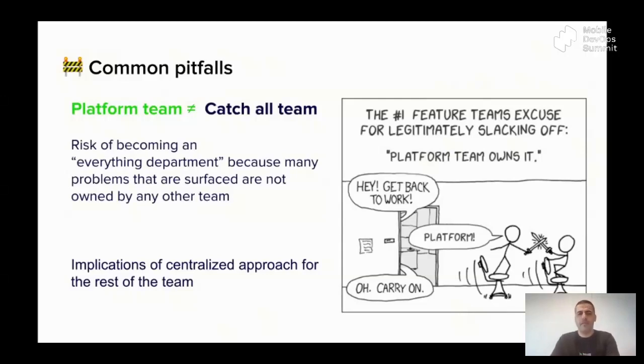One is the platform team becoming a catch-all team, meaning anything that is not properly defined or owned by one team or another is by default handed off to the platform team. This is a discussion that we've had from day one since forming this team, and we're actually having this discussion to this day.